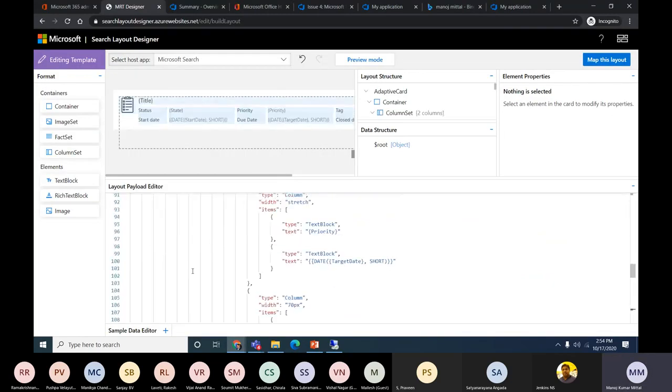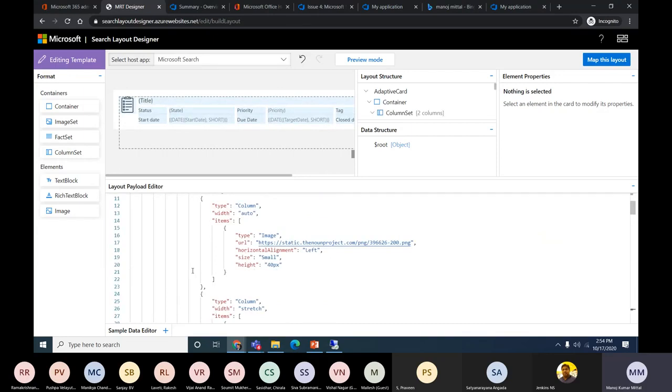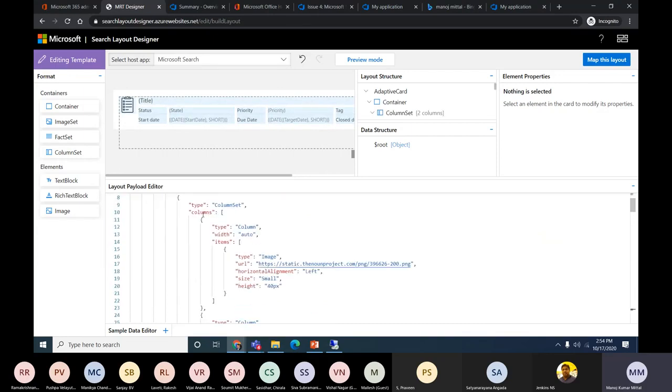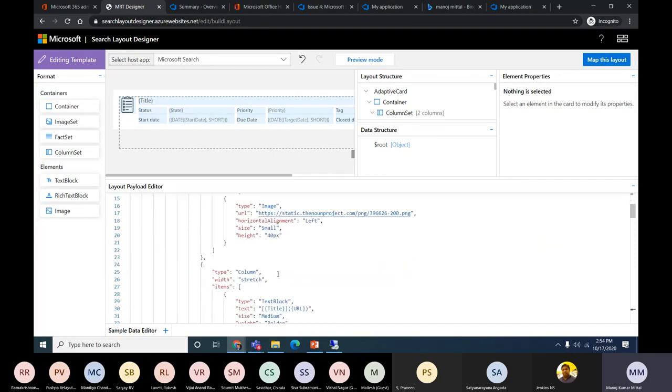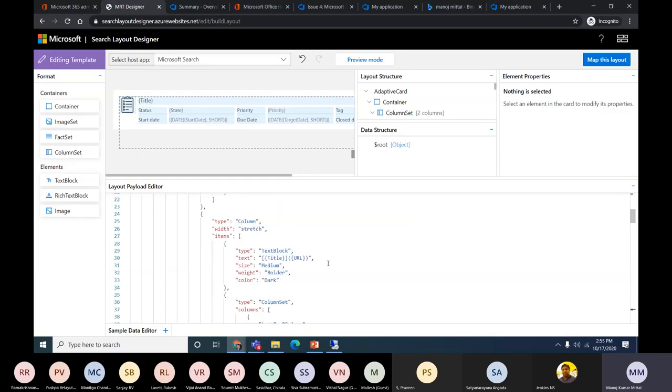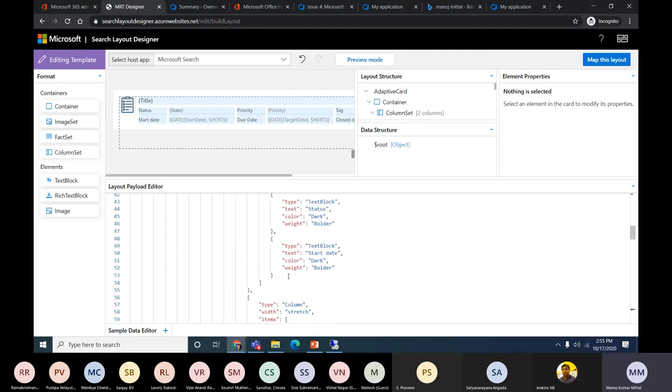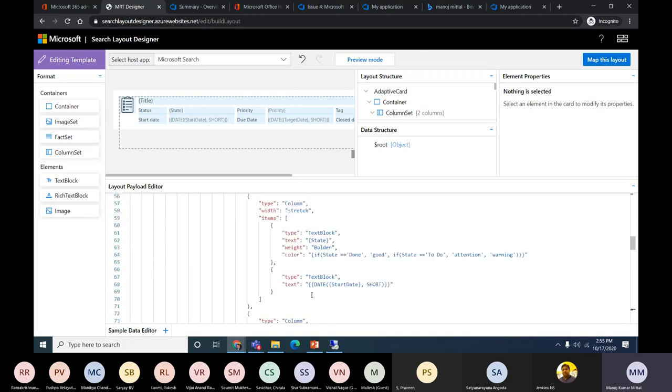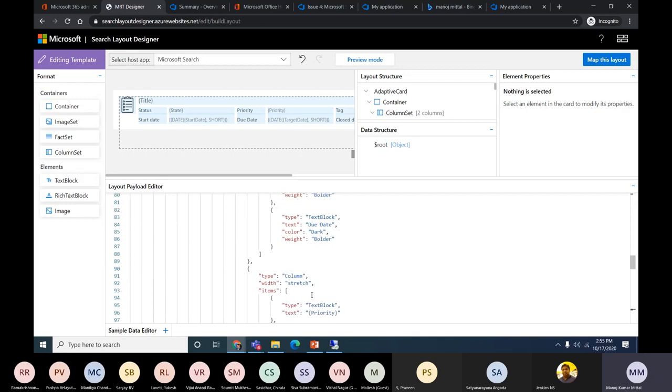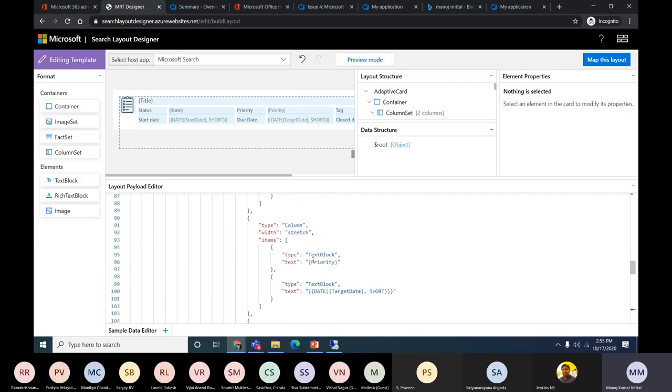So this is the card which I defined. It's just an adaptive card using tabular structures, how the column set is used and what values are going to come. This image is not coming from the DevOps, I've just given a static image here, and then the title is there. The title has a URL. Similarly, other properties like the state I have added in this section. The due date is there, priority is there. So all those columns we have added, and at the end, we landed with this type of card.